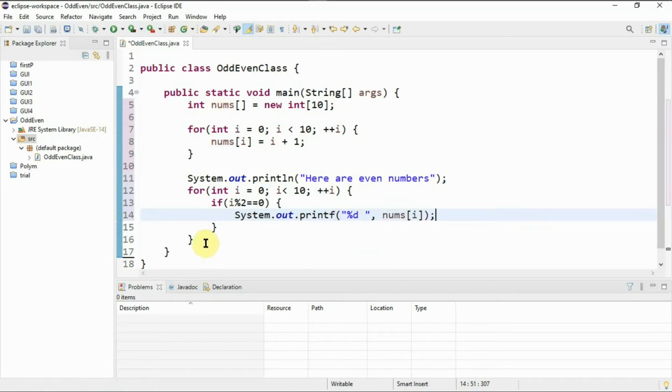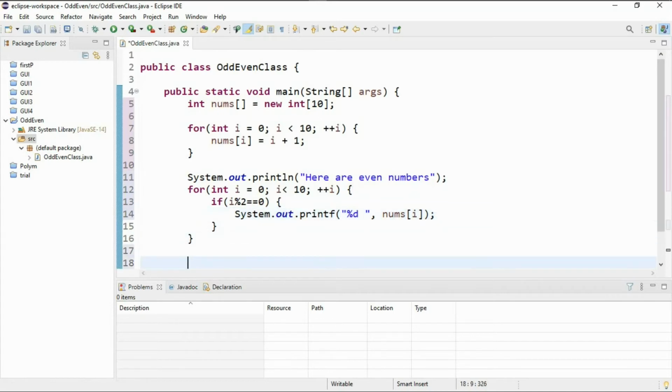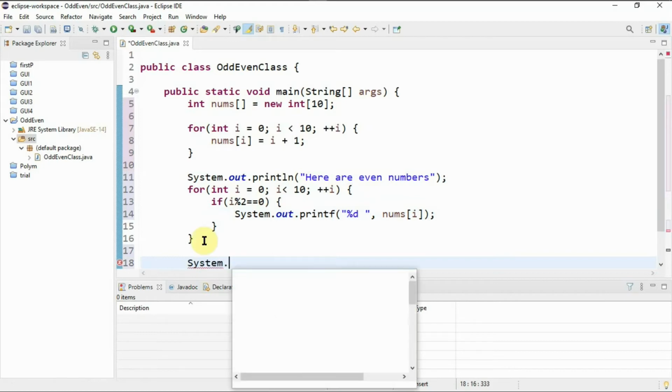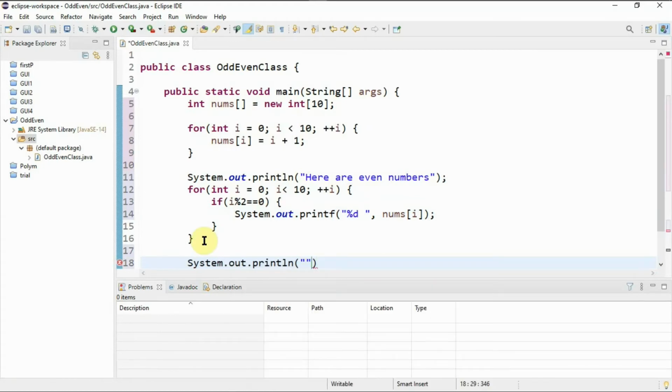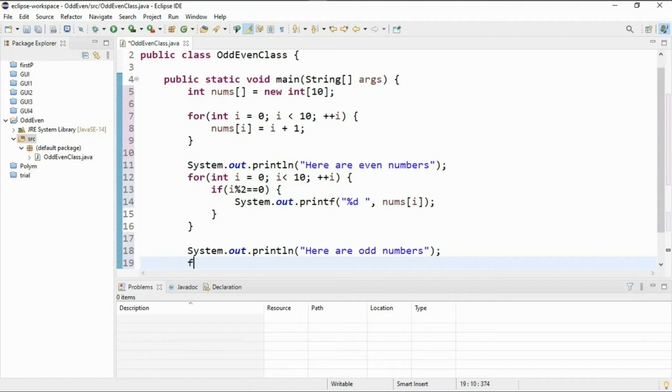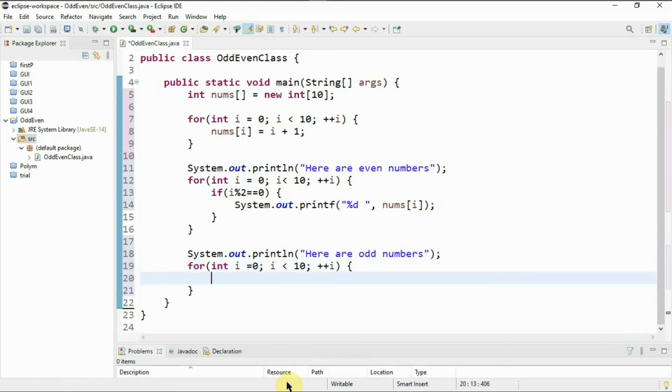Then after this we're going to have another statement prompting the user to say this is a set of odd numbers, and here it will say here are odd numbers, and we are going to have a for loop. So for int i is equals to 0, and i should be less than 10, i should be incremented each time the loop loops, and we're going to put an if statement to check whether the number is odd. So we're going to say if the number which is on i when divided by